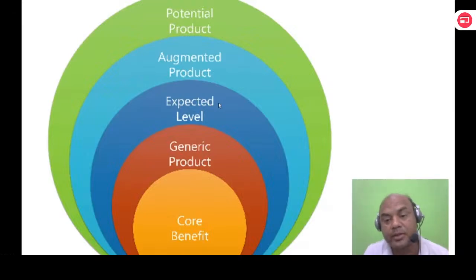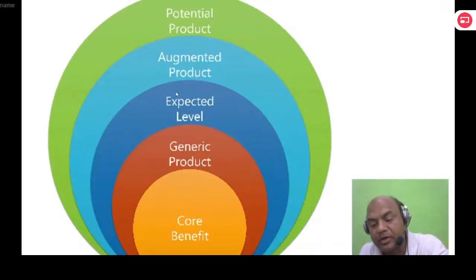What are the augmented and expected product then? If you are giving something additional. Suppose if I give insurance of 5 lakhs along with the savings account, free. So that becomes the augmented. Potential means people would be requiring now what is the future of your savings account, what is the future of your current account. So these are the 5 levels of products, and these levels of products you will be having in your exam. Okay.